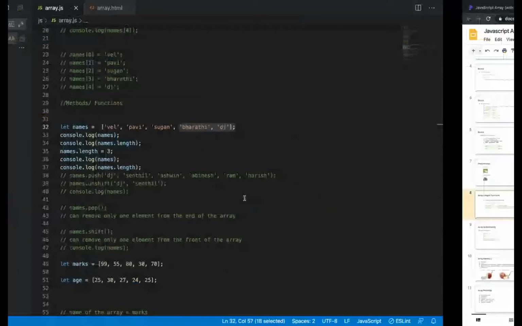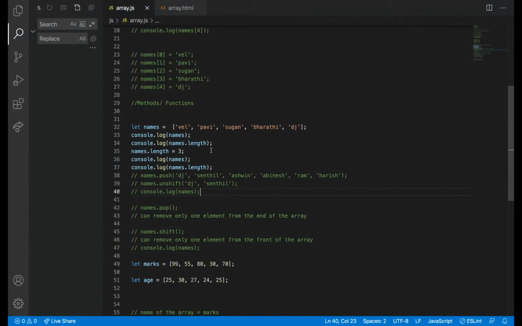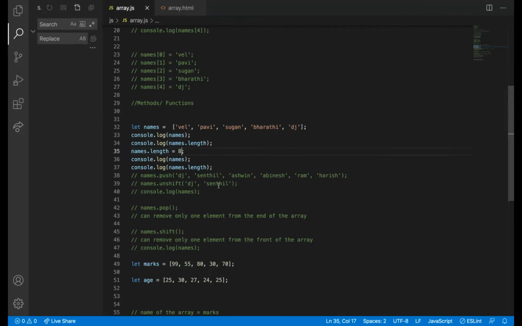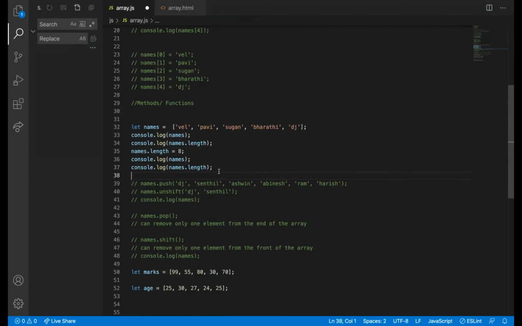If we assign some length to it, it truncates the remaining array. Instead of this, I'm going to put 8 as the length. So what it will do is add empty things. Already 5 elements are there, 1, 2, 3, 4, 5. I'm adding 3 more elements. So it is saying empty times 3: empty, empty, empty. I don't know what will come. I think undefined. console.log of